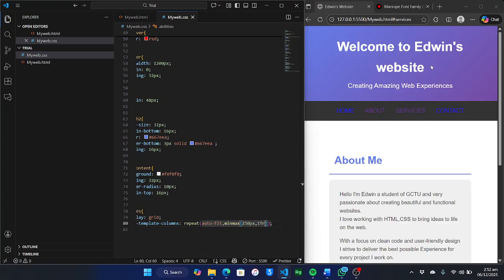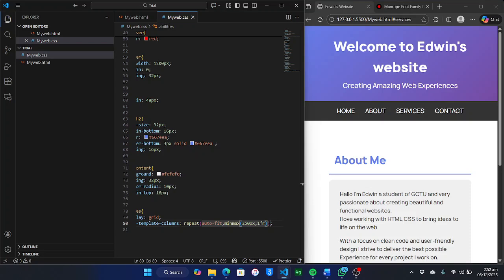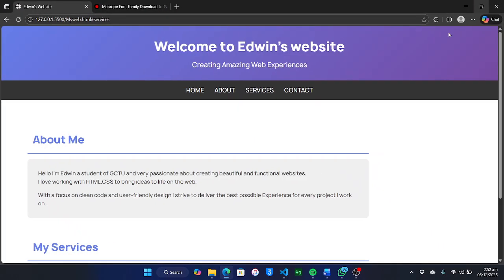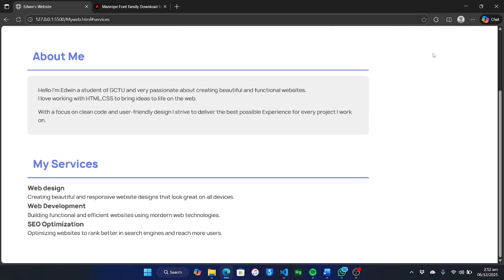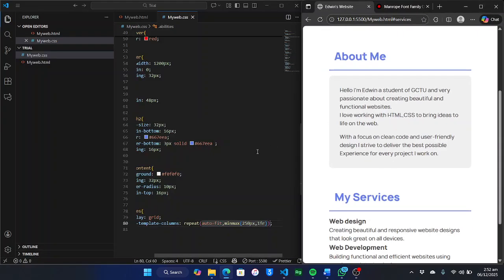Look at how it looks now. I was hoping to see some change. What happened? It should be in a column version right now, but